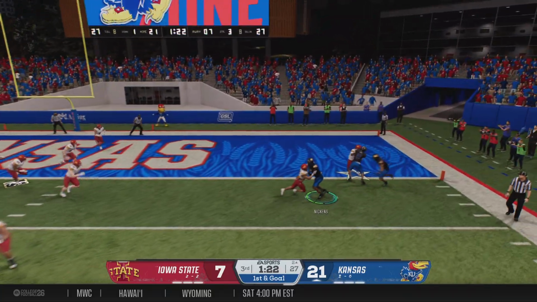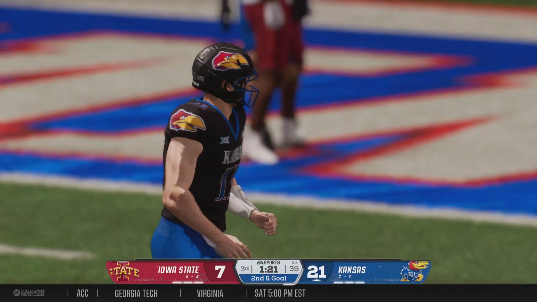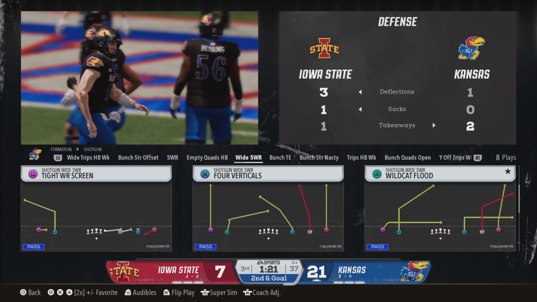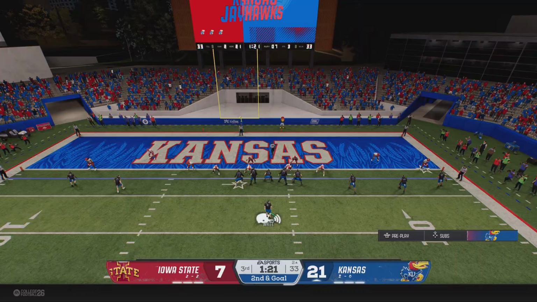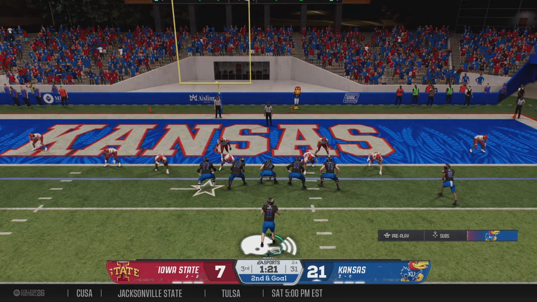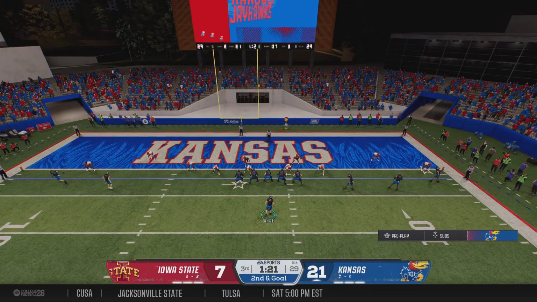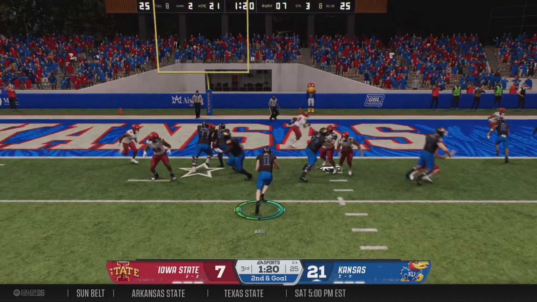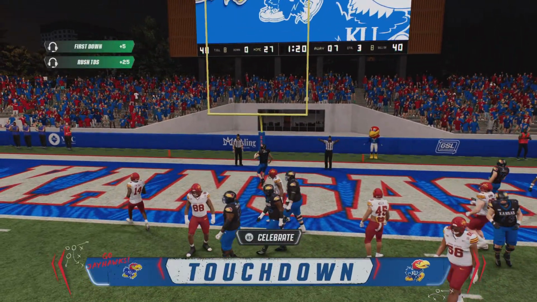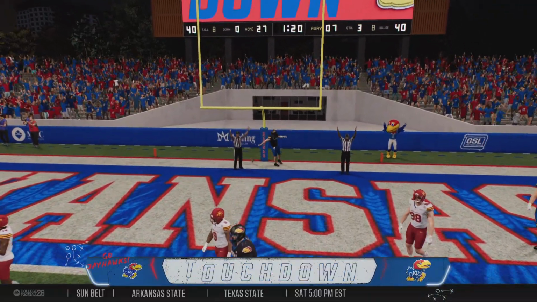They'll go to the air. And his first throw here is incomplete. And this offense shows right away on first down they're willing to pass down here. Does this soften them up a little bit for the run here on second down and goal? This is a designed run. And he waltzes in for the score.